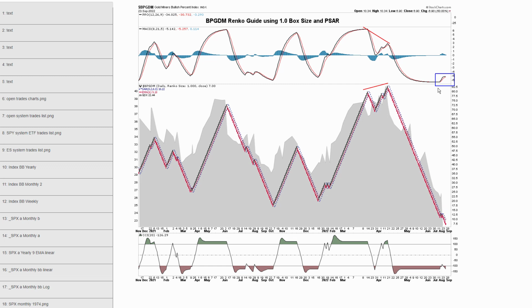Okay, now the MACD did cross here. So what you will have is a strong positive divergence once this finally does give a buy. And I think that'll be a good buy once you finally get that. But you can see this is now down at 6.9%. Remember, bullish percent charts can only go from 0 to 100%, so it's quite oversold. Anyway, guys, we'll see where futures open later tonight.